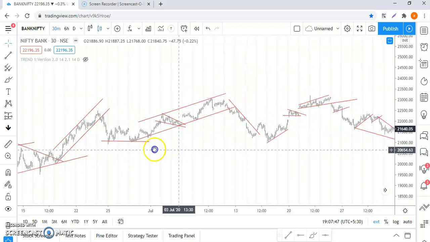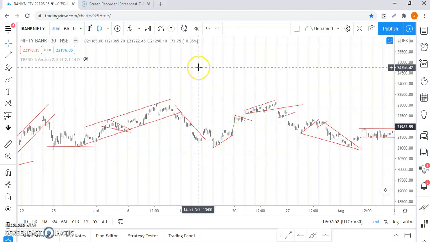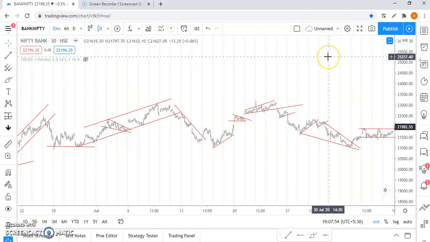So guys, this is very easy. You just keep identifying the chart patterns, identify which is bullish, identify which is bearish, or keep it as your computer wallpaper, this is a bearish chart pattern or a bullish chart pattern, or stick it onto your wall and see whether you can identify this type of chart patterns on your chart, and keep trading accordingly.